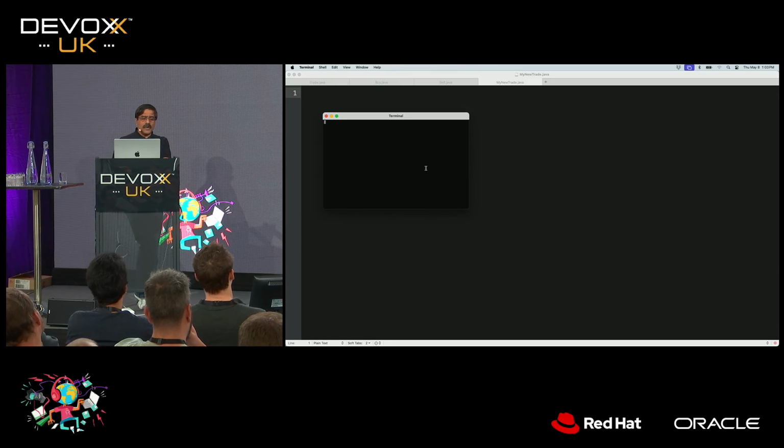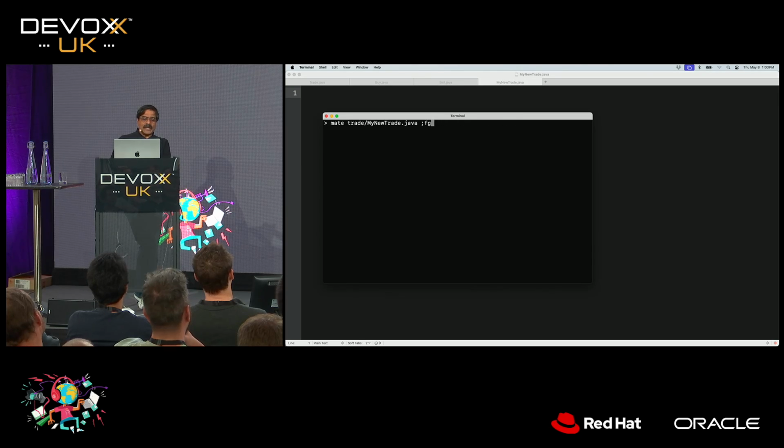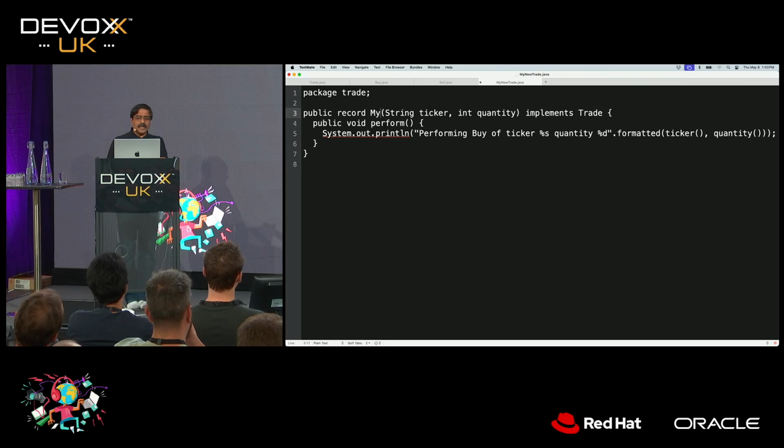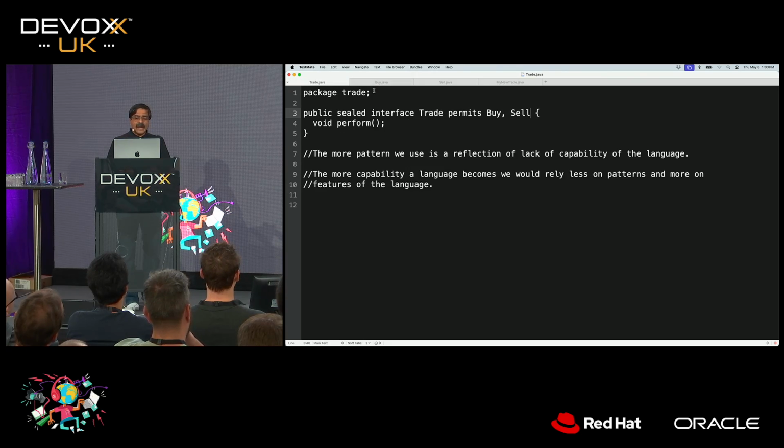What is it going to do in this particular case? Pardon me, let me pull that code again here. So I'm going to go ahead and copy over the code we just wrote here. So I'm going to copy my buy to the my trade that I want to bring in here. So back here, we'll call this my new trade. That's what I called it, right? But of course, I need to add that to my permit. But that's the job of the third party, and they could say my new trade in there.